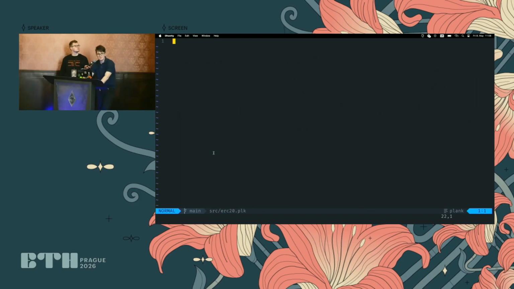So the idea behind Plank is that it should be very extensible, and for the experienced devs, it should give you all the raw power of the EVM, and then the standard library and tools around stack abstractions on top of that, so that when you really need, you can go to the lowest level. Right now in Plank, when you define a contract, you really have the raw init code or constructor code entry point, and then you have a run entry point. And the run entry point is actually even optional in case you want to have fully custom bytecode given from your constructor or other advanced use cases.